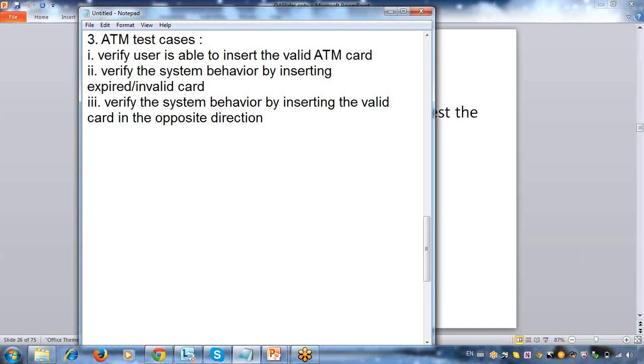Anything we missed? Okay, fine. Card insertion is done. Now tell me next. Next is to select the message, appropriate withdrawal of money. So it directly has